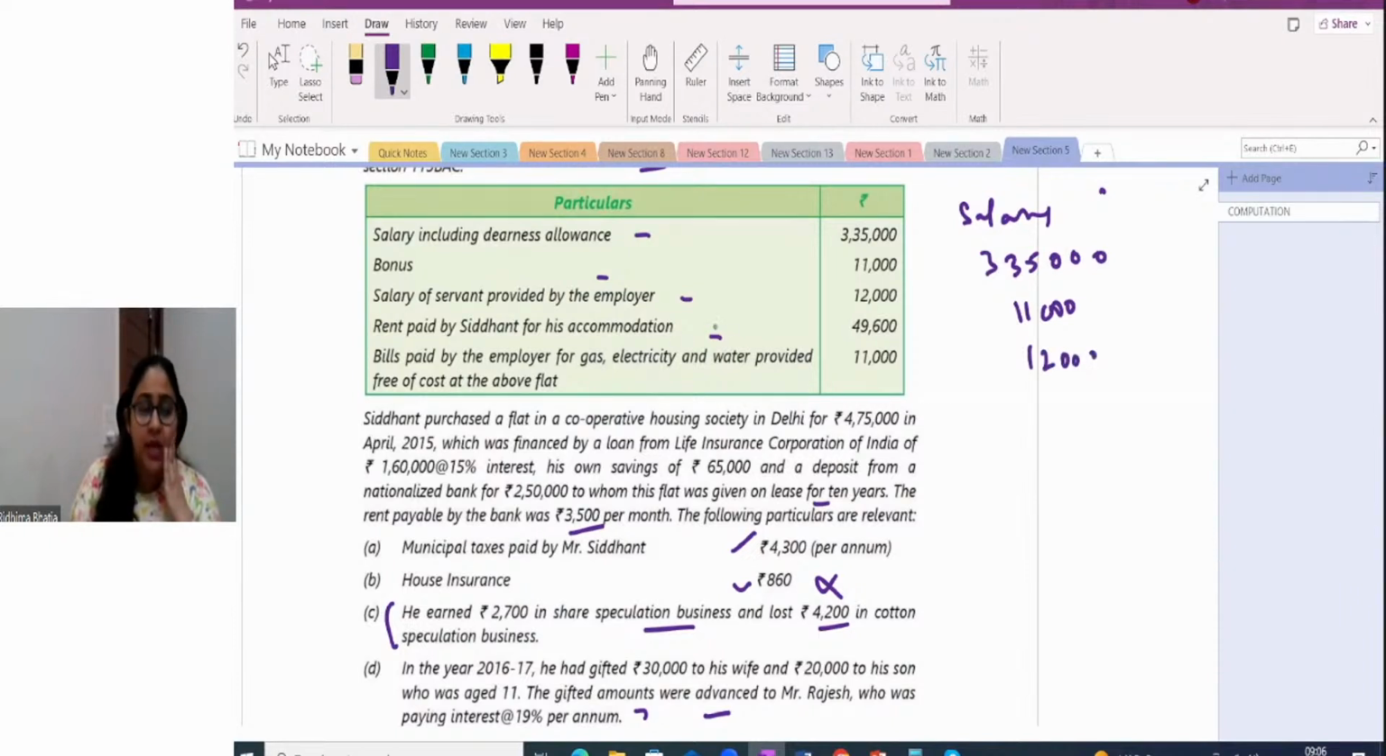Okay. Rent paid by Siddharth for his accommodation. Since there is no HRA, I cannot consider this in salary. And also he has his Delhi house, so this will not even be considered under 80GG. कहीं पे भी consider नहीं होगा. Okay. Then